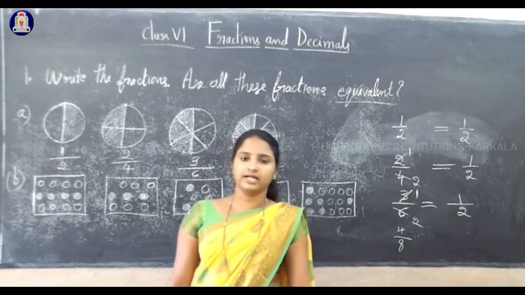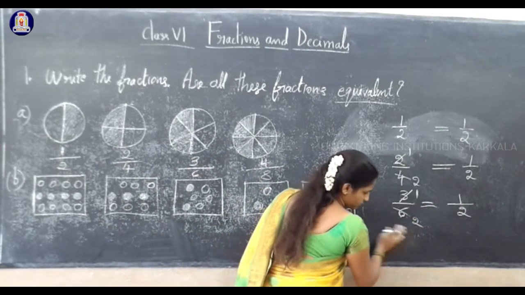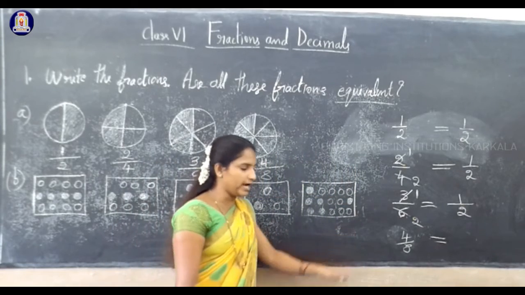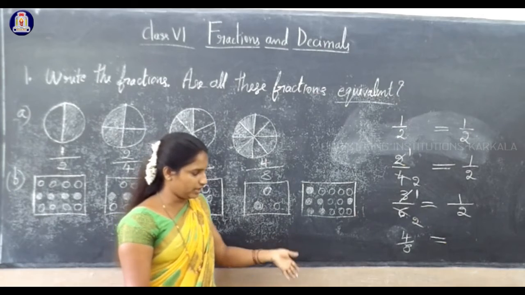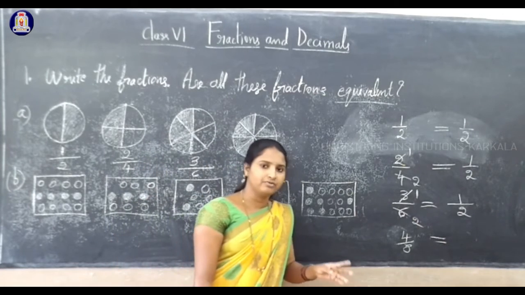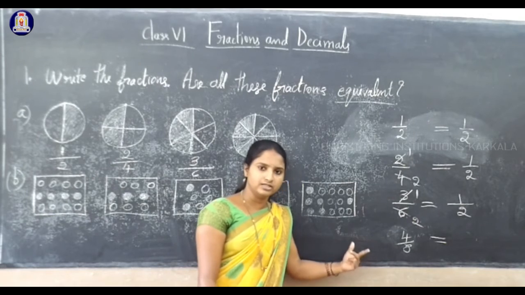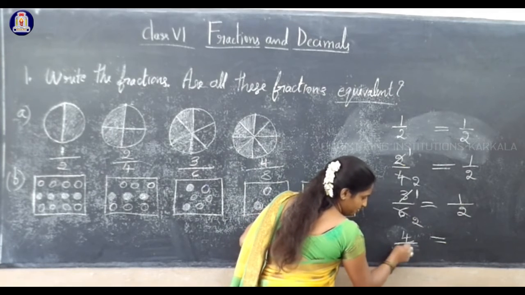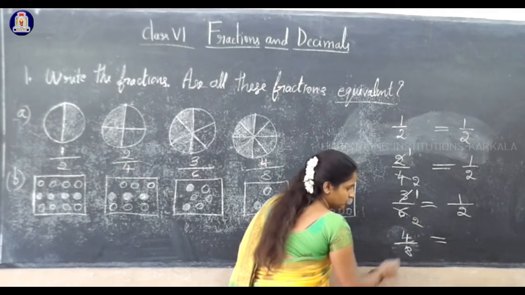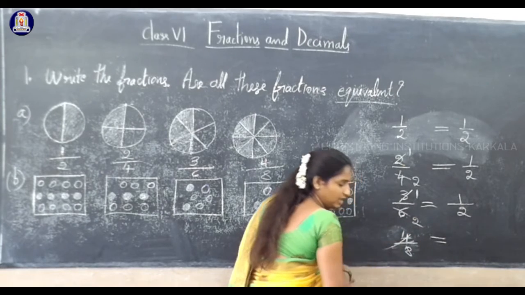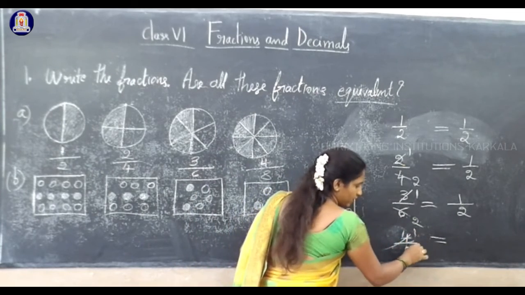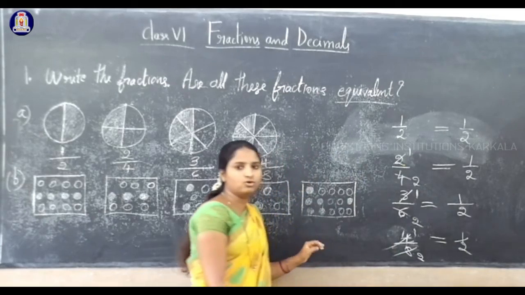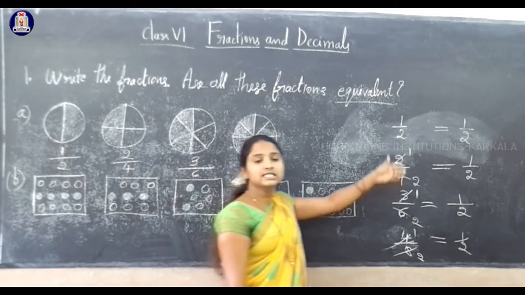Now we'll check the last one, that is 4 by 8. This 4 by 8 also must be divisible by the same number. So 4 and 8 are divisible by the 4 table, isn't it? Even 2 also divides. If you want, you can divide by the 2 table. Clear? Then you can divide one more time if it is possible. Now here 4 divides directly, so you divide by the 4 table. 4 1s are 4, and 4 2s are 8. So what is the answer? 1 by 2. So all the fractions after simplifying gave the same answer.